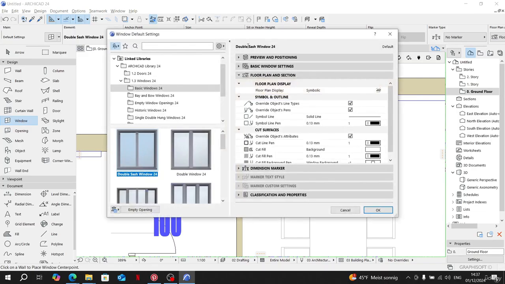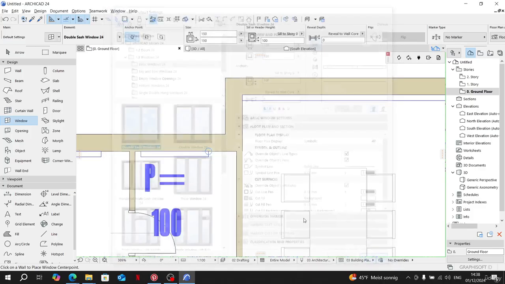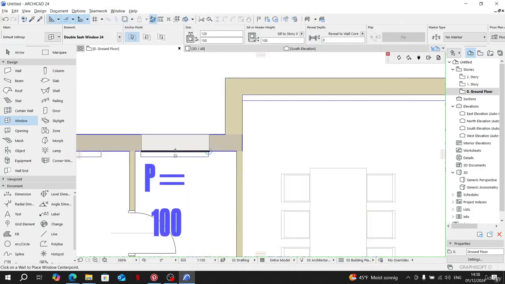I missed this part. It was 120 with 150 and 100. ArchiCAD has done the job by itself. Directly we have 100 the parapet and all the other stuff, so we press OK and we put,